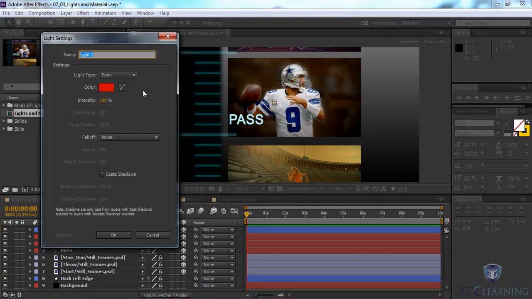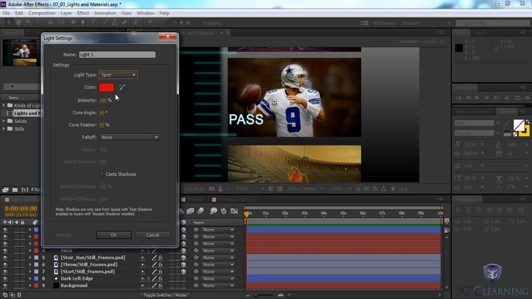There are 4 different kinds of lights inside of After Effects. If you click on the pull down for light type, you'll see them all. Point light and spotlight emulate quote-unquote real-world light. Spotlights you can equate to stage lights that have an angle that kind of shoot out and can intensely point your light at any specific area. Point lights I like to think of more like an exposed light bulb without a lampshade. Ambient and parallel lights we will get to in a moment, but for now let's make sure we have spotlight